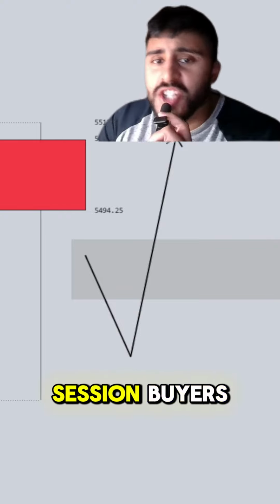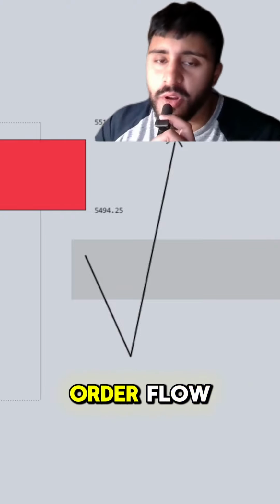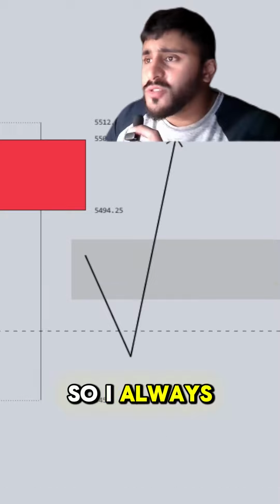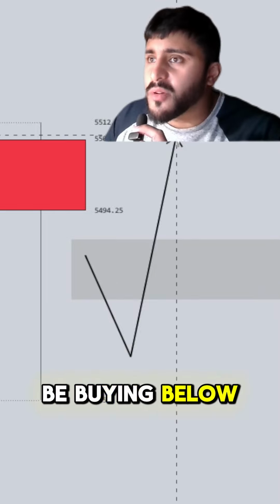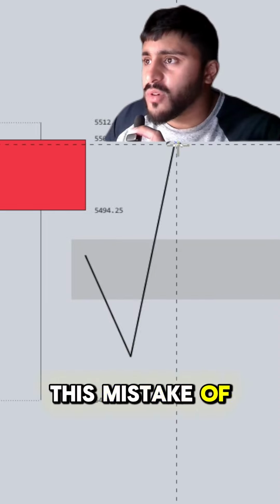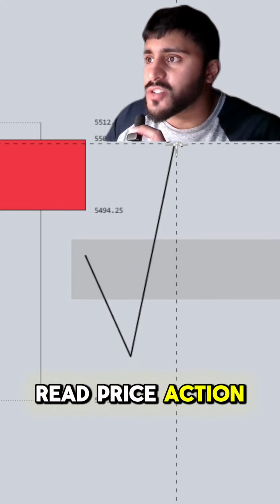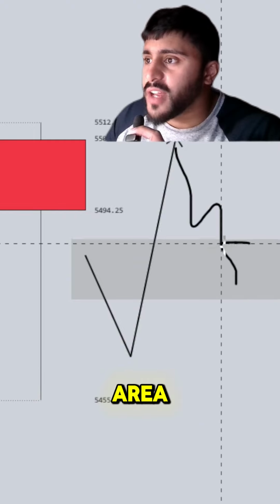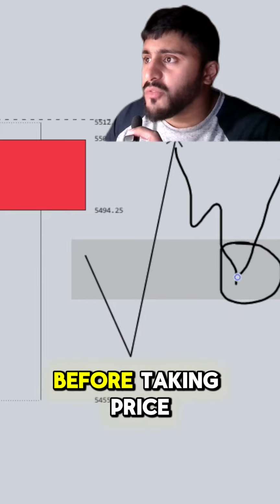If you're struggling to form a session bias, it's because you're not reading the order flow at certain key levels. So I always use the power of three indicator and I want to be buying below the opening. But a lot of traders make the mistake of not understanding that you need to read price action when price comes down into this area, and you need to understand what's going on over here before taking price to the